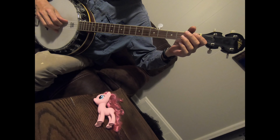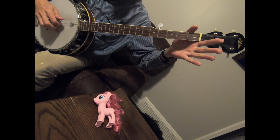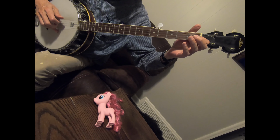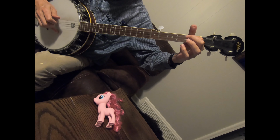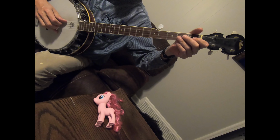And the first chord is just an open G with your first string open. And then you pluck the third string to go into the next chord, which is a C with a D bass. So all you hold down is the first fret on the second string. So those 2 chords are